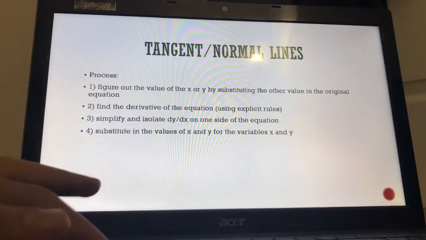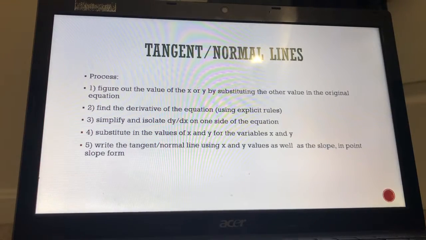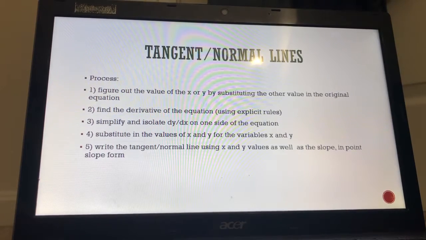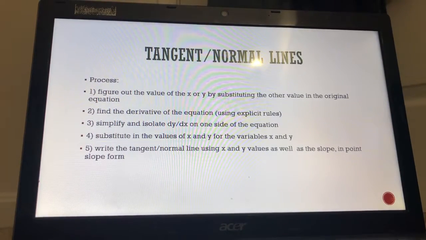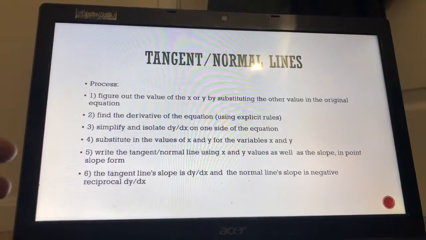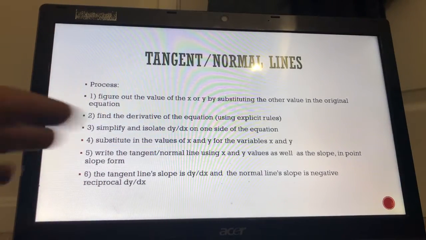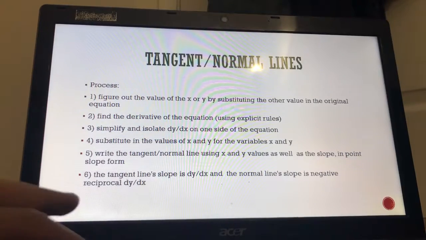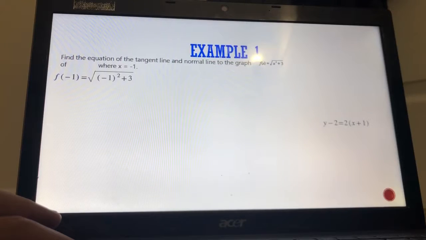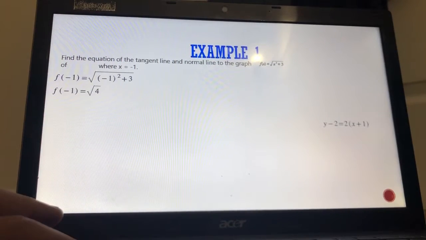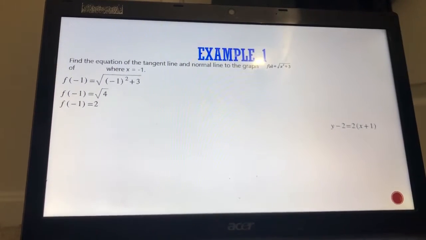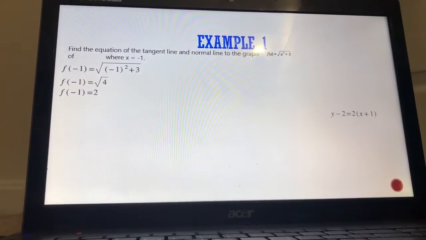Substitute in the values of x and y into their variables. Write the tangent or normal line using x and y values as well as the slope. So if it's a tangent line, the dy/dx will be the slope, and if it's a normal line, then the slope of it would be the negative reciprocal. And then for example, we would